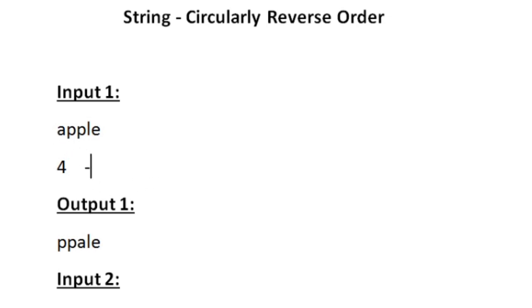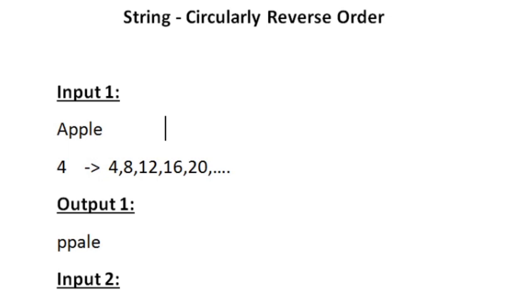First, let us find the multiples of 4. The first multiple is 4, then 8, then 12, 16, 20, and so on. Now our task is to delete the fourth character. The fourth character from the last is this p. So 1, 2, 3 and 4. So this p is the fourth character from last. We have to print it and delete it.